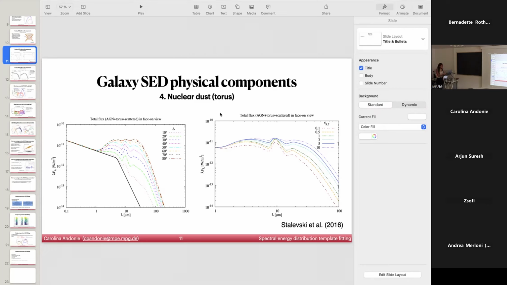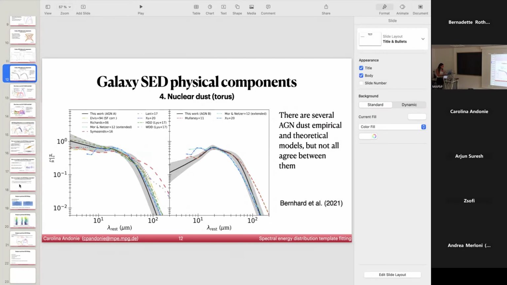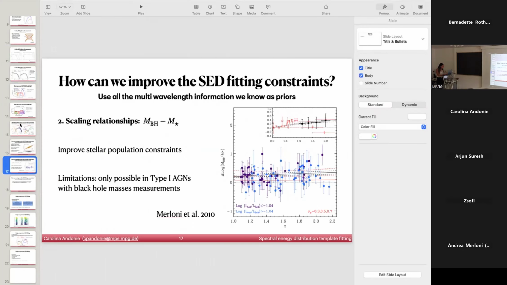That is a good question. I think the most flexible code would be a code that allows you to use the model you want. I am not sure about all the different codes, but the one that I use for the SED allows you to use the models you want. The thing is you need to write the Python module to read the models. That is the complexity. So I think the question is not what SED fitting code to use, but what models. Once you know the models, you can even adapt some SED fitting codes to the model you want.